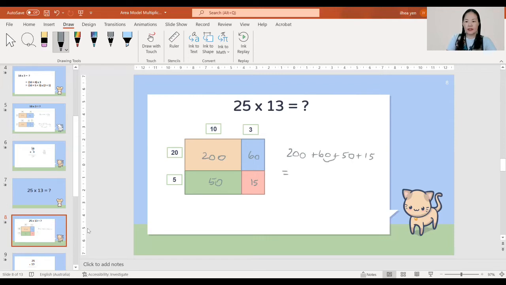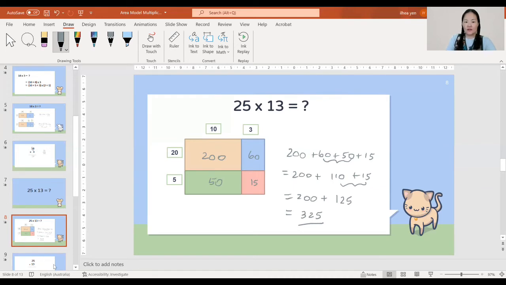I'm going to do 60 plus 50, that's 110, plus 15. Okay, I'm going to add this together. I'm going to leave the 200 because it's easy to add 200. So 110 plus 15 is 125. Okay, so if I add it all together, I'll have 325. Okay, so my answer for 25 times 13 is